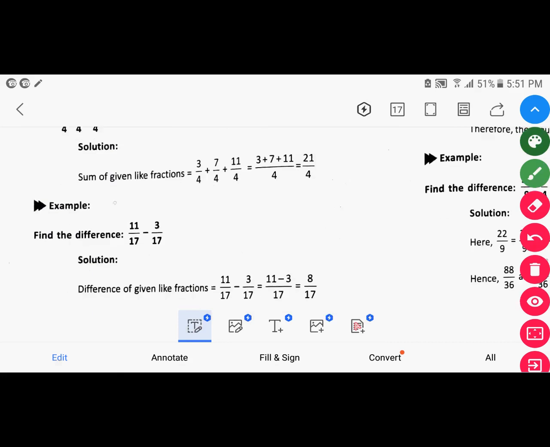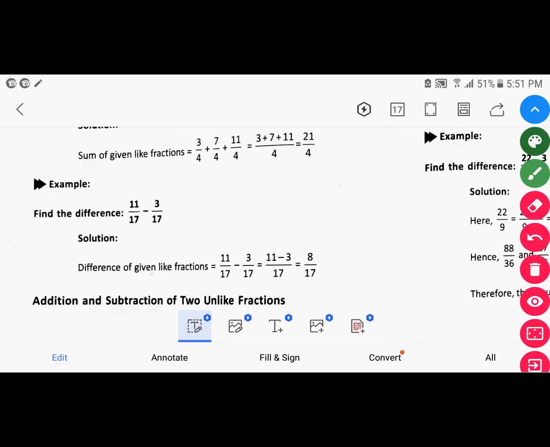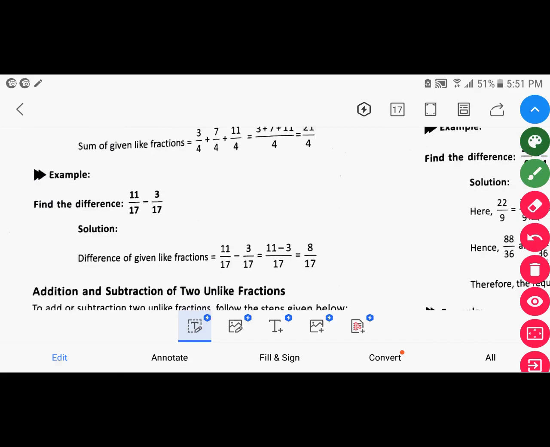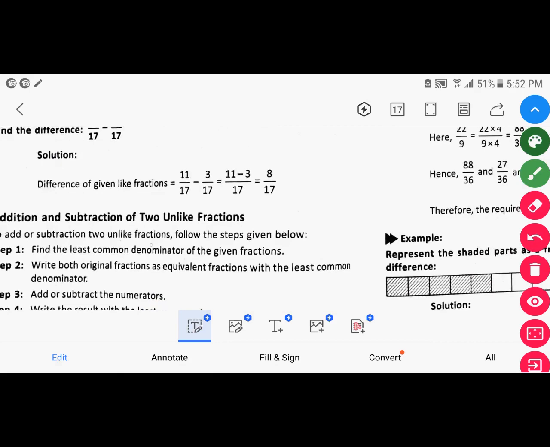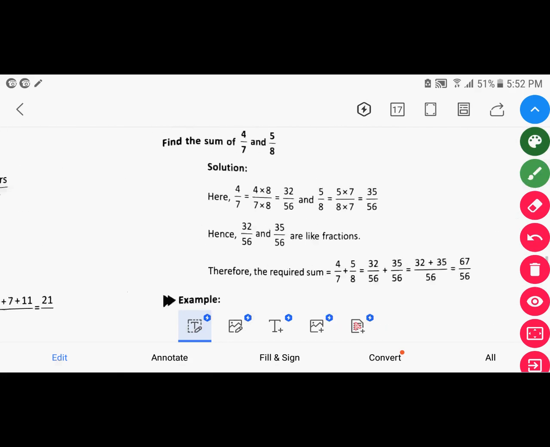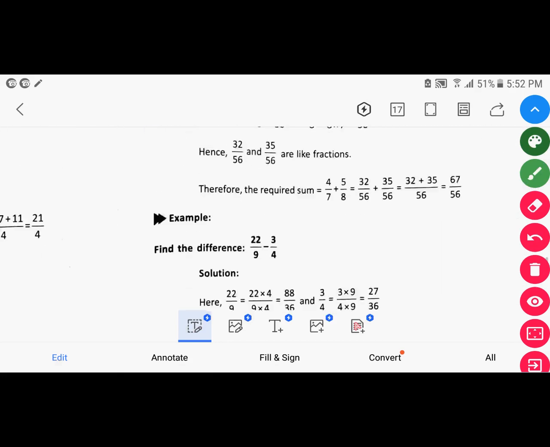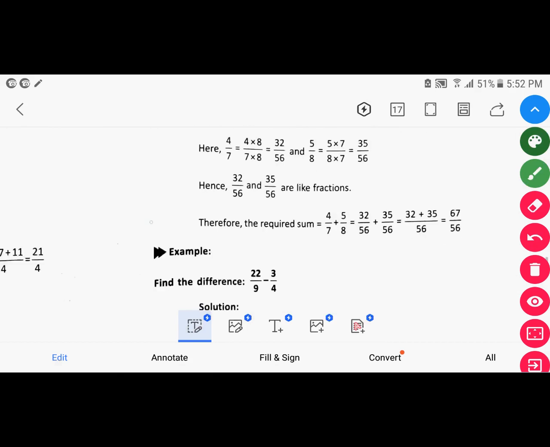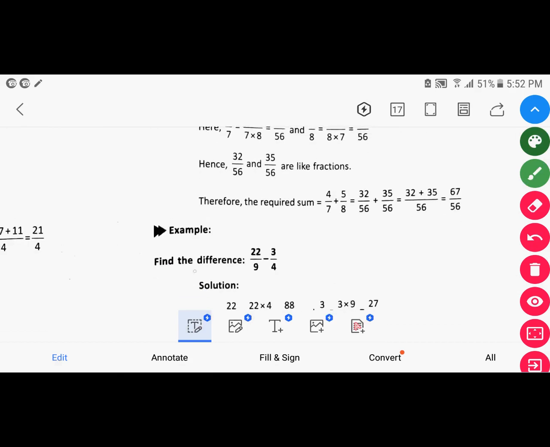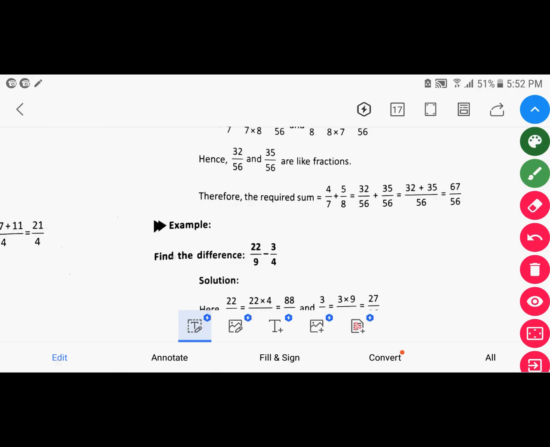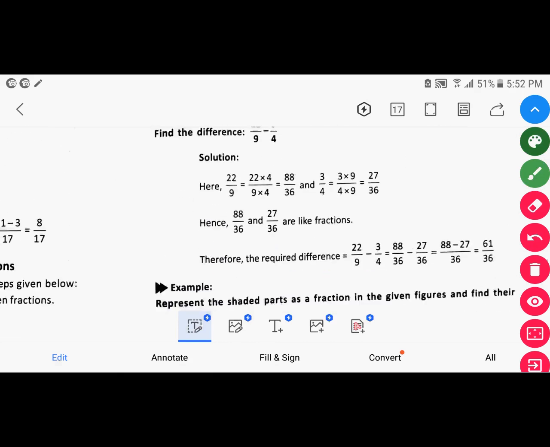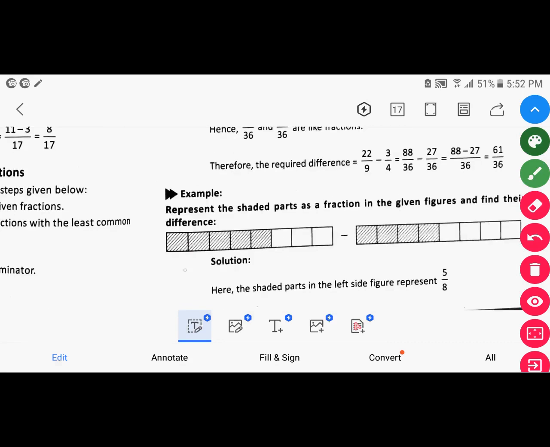Now for subtraction also we need a common denominator, subtract the numerators, and for unlike fractions, subtraction and addition I just showed you, subtraction is also the same way as I showed to you. Okay, we multiplied their denominators and with the suitable number we multiply the numerator also. Now the